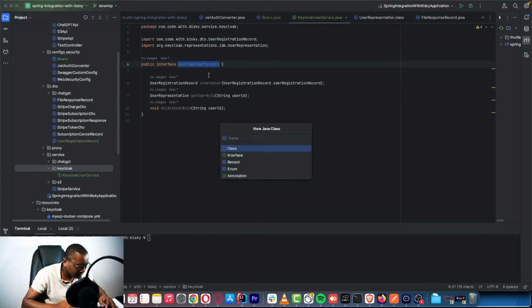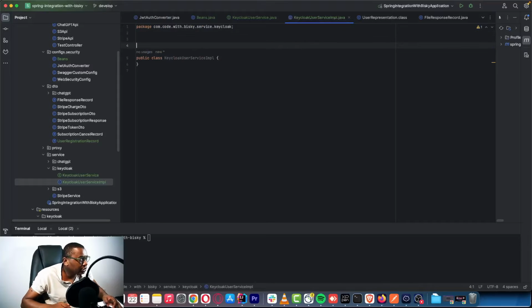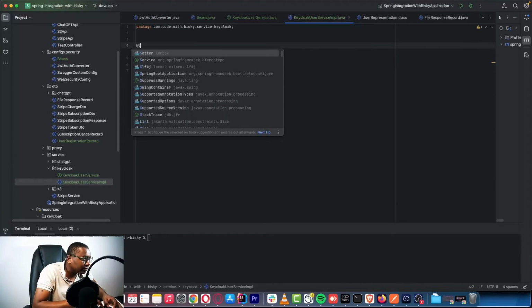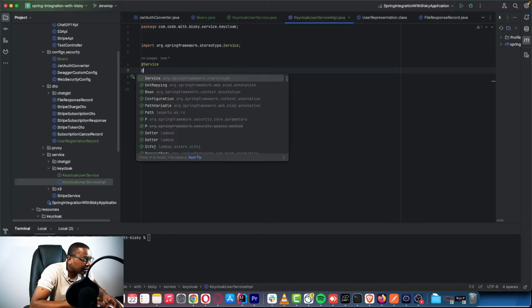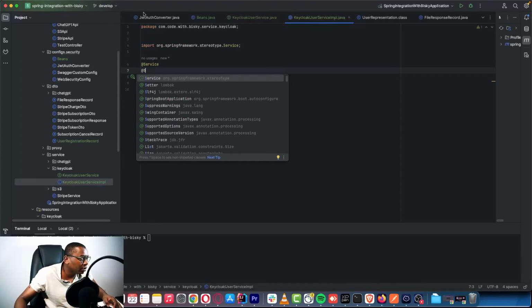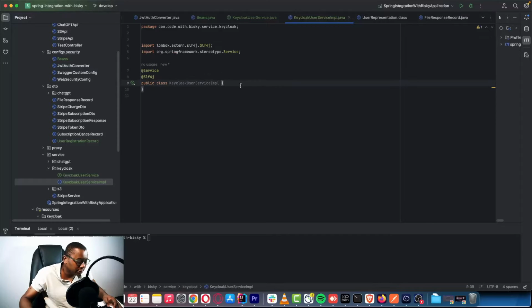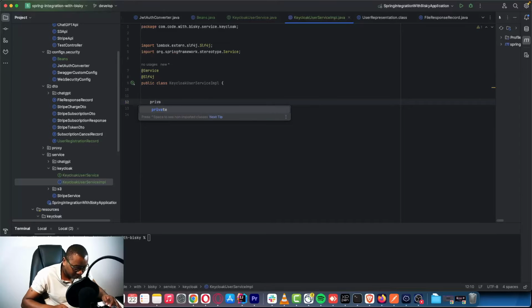New Java class, and we can call it ServiceImpl. So before I forget anything, to avoid null pointer exceptions, just add service. That's what I do. And let's add, I'm using Lombok, so let's add SLF4J. This one we are going to use for our log. And remember, it's private. Here, private, we want to use this bean,